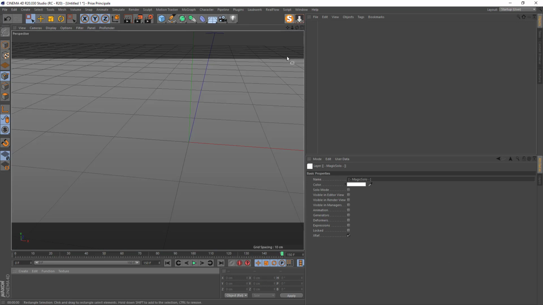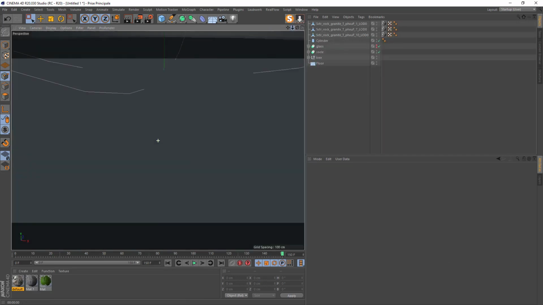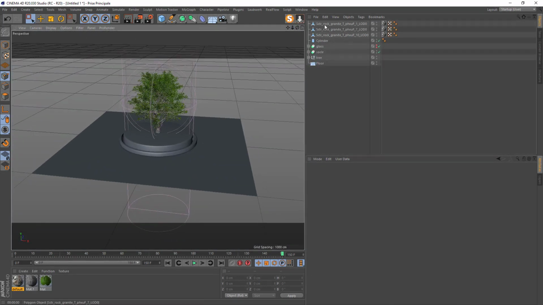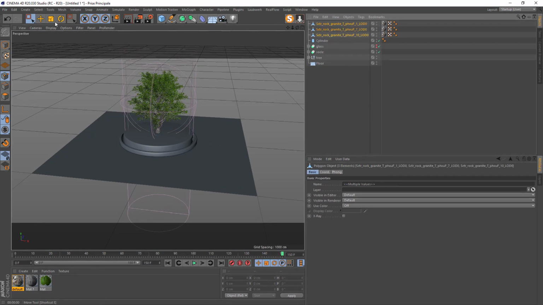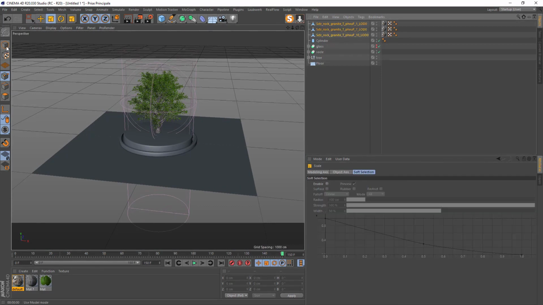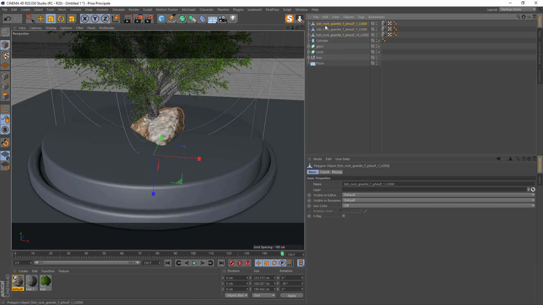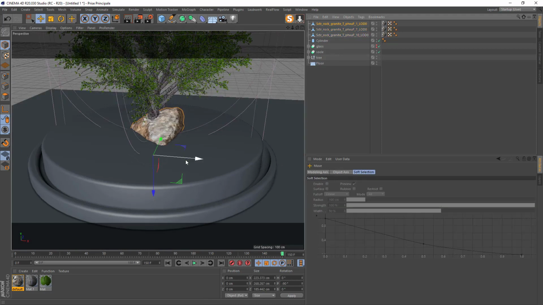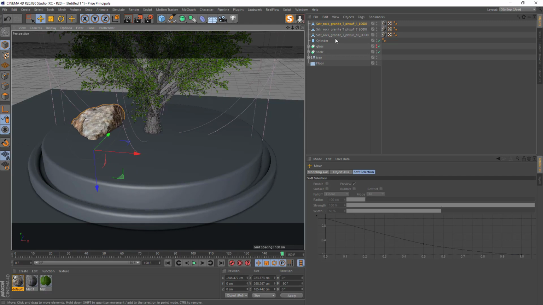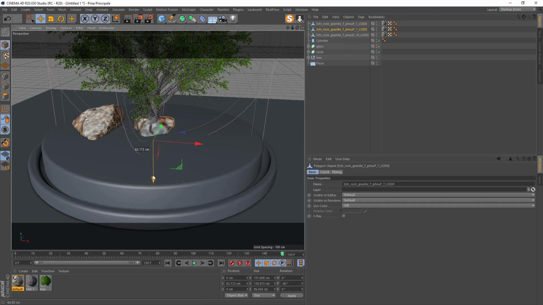Go out of the solo mode, and we'll make it bigger because as you can see they are too small. Select them all, scale tool, go to object mode and make it bigger, something like that. And we have to place them, maybe one there, one there, and one in the back.